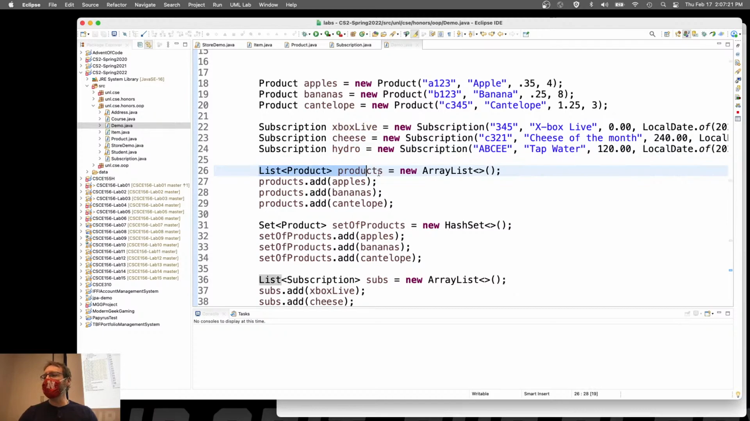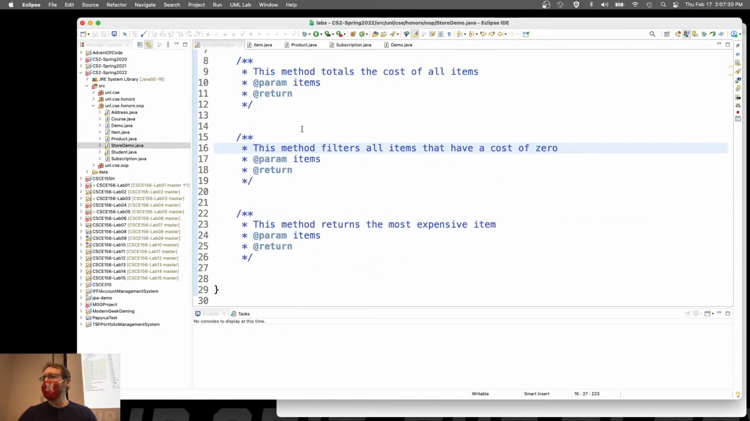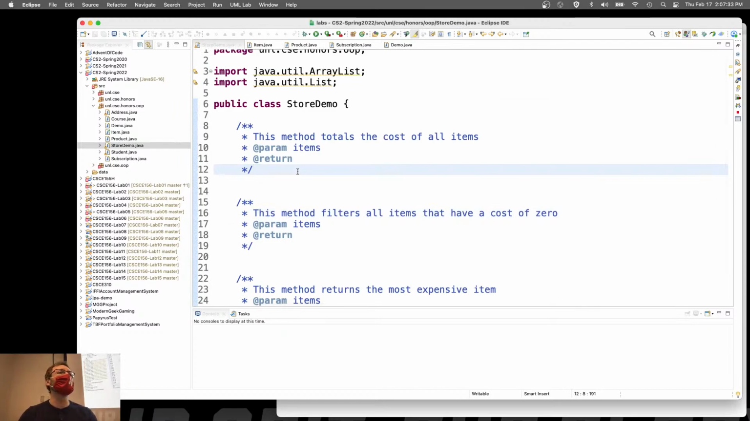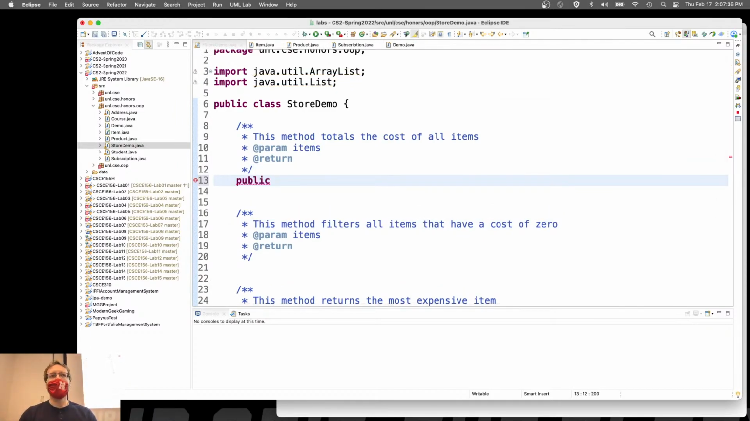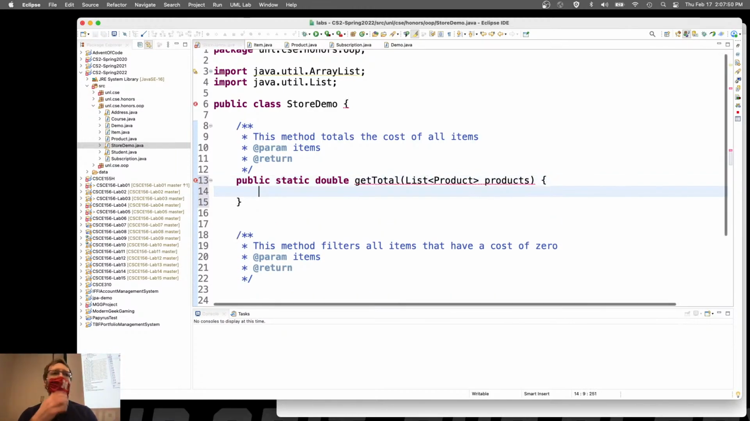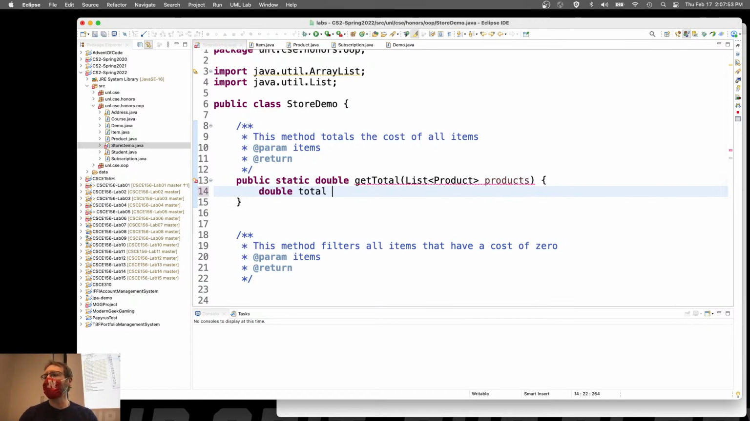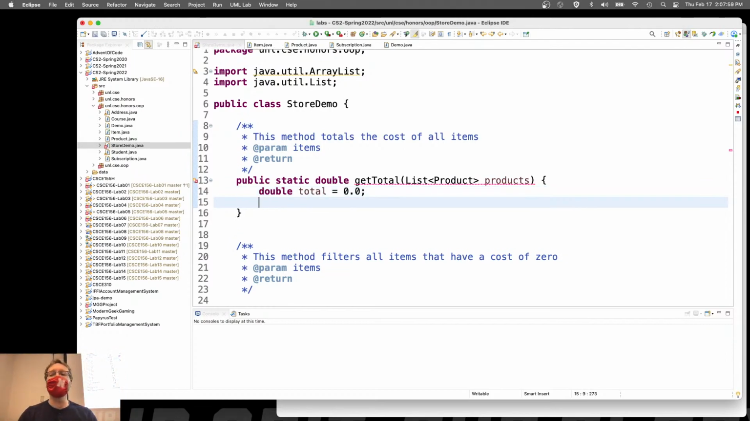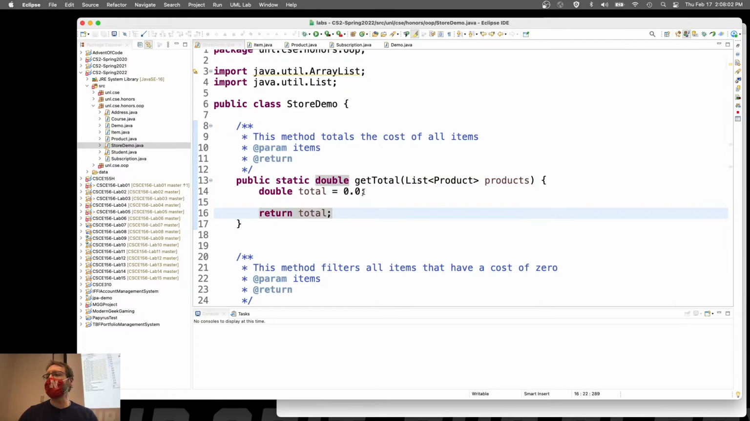Now, if I've got a list of products, that's one thing. If I've got a set of products, that's another thing. So what I want to do here is go over to my store and create a method that totals all the items. Public static double, because I'm going to return the total, getTotal of all the elements. So a list of products. This should be pretty straightforward. Just declare a variable, total, initialize it to 0.0, because uninitialized variables are undefined in Java, and return total. If I did not initialize this,